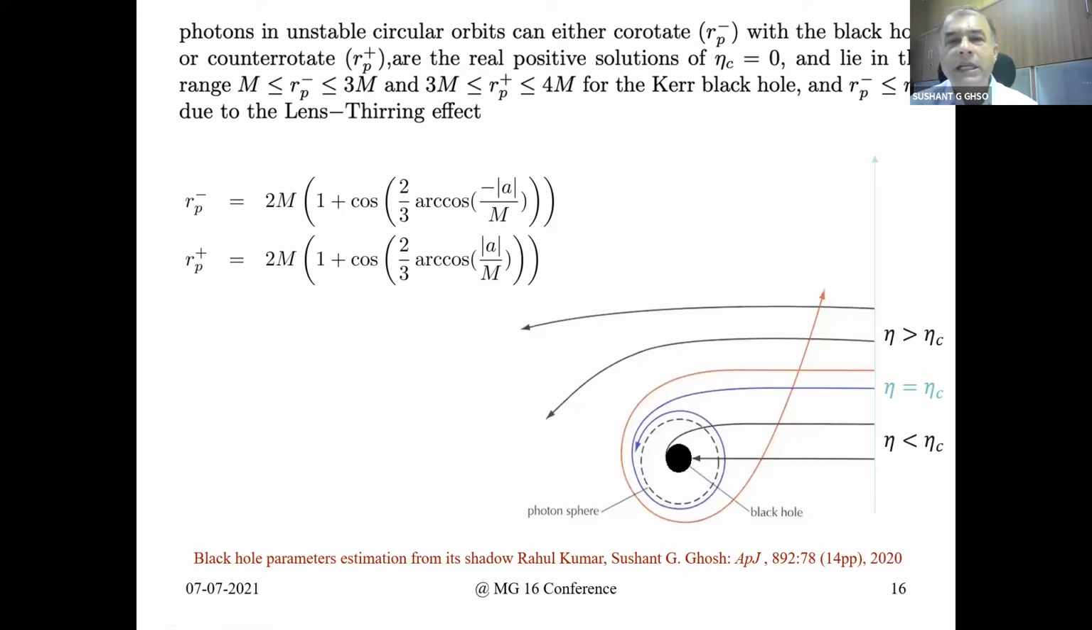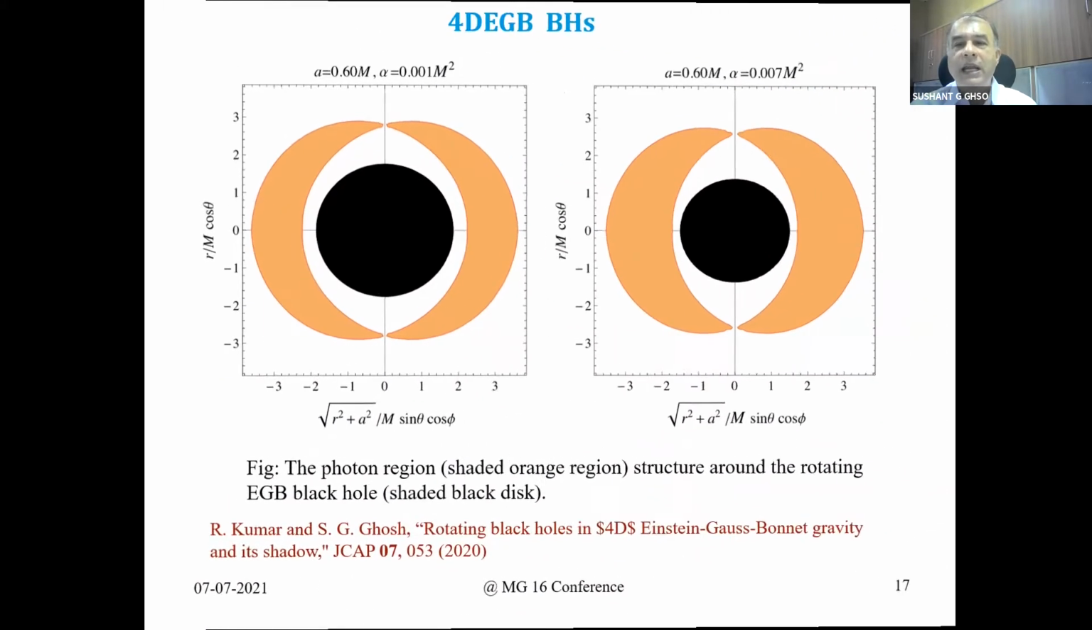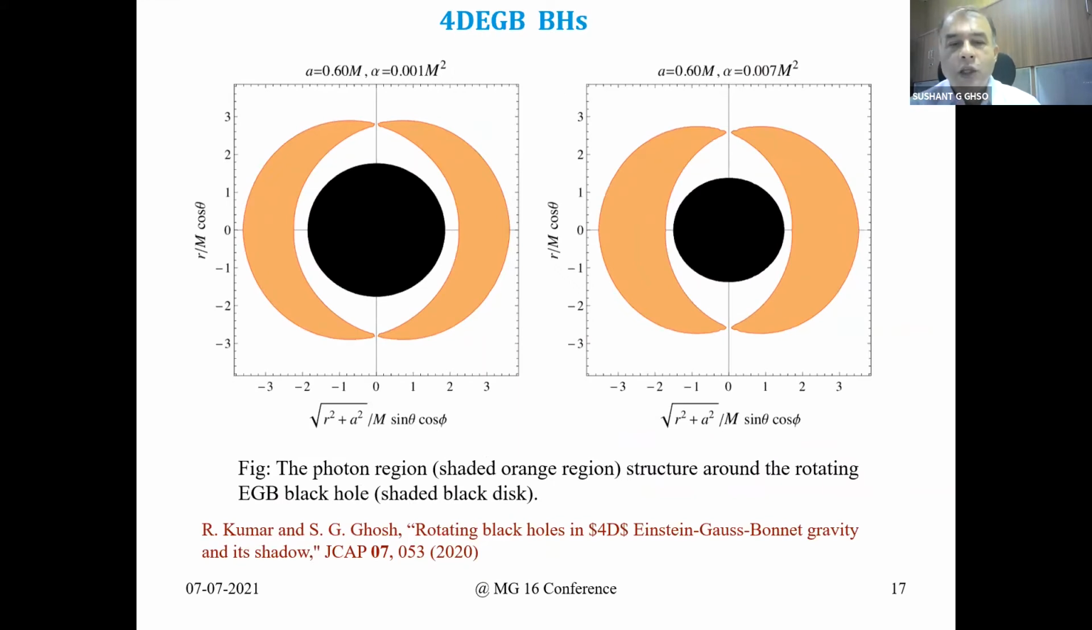However, because of the complex solution for the EGB, we are unable to solve it analytically, so we have solved numerically and plotted them in this figure. So this is the photon region for the 4D EGB, and the black shaded disk is the black hole, and this is the photon sphere region for the rotating Kerr black hole. It is slightly smaller compared to the Kerr black hole, and this is very important. This is the inner and this is the outer. Obviously, the outer is bigger because of the